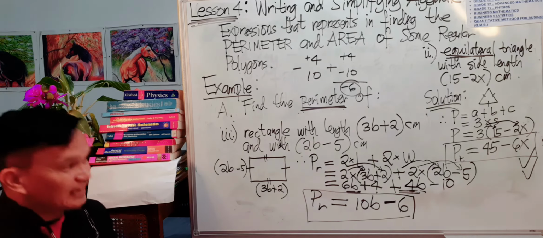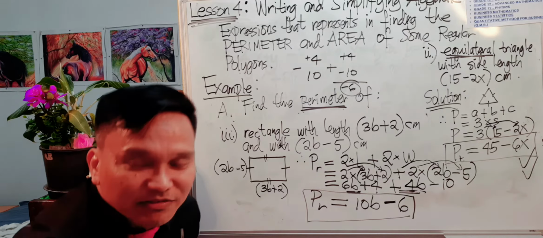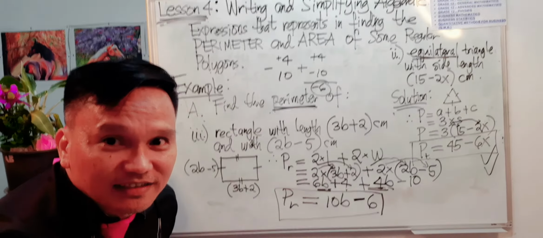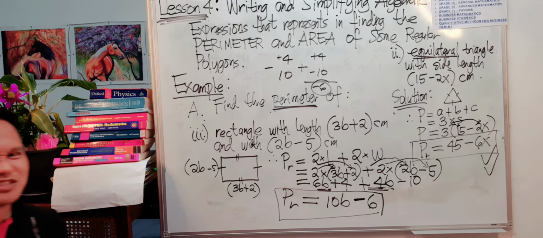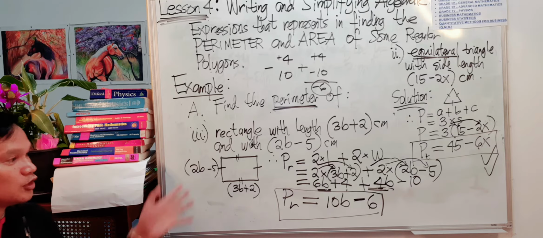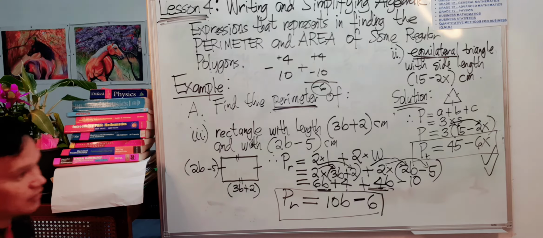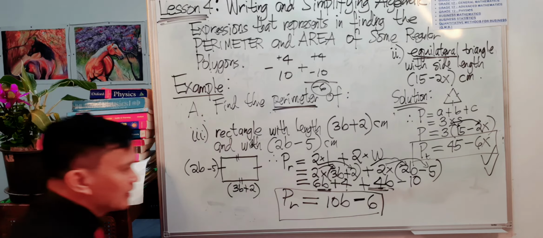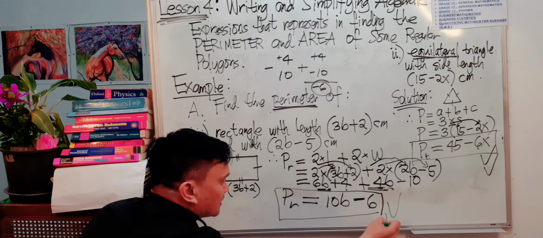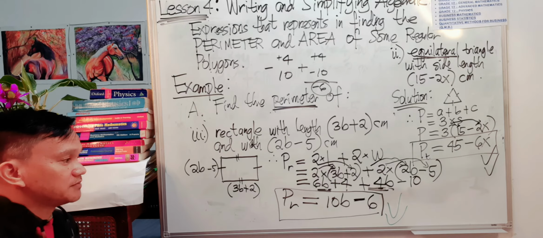Okay. I'll give you 30 seconds to copy, to have a look. This is now our expression, the algebraic expression for the perimeter of the rectangle,